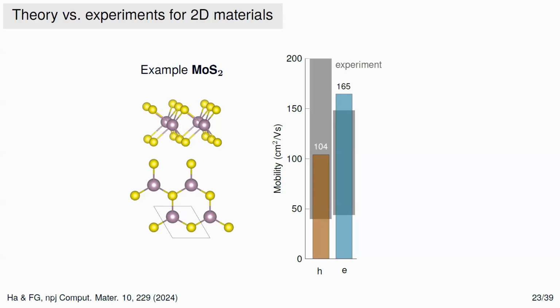So with these benchmarks, the question becomes, okay, now we know that we can calculate mobilities in a reliable way. So what can we do with that? The question from our sponsors and experimental collaborators was, can you identify materials that have a much higher mobility than these values here? And the way to do that is to search through possible materials and calculate the mobility for each of them and see which one wins, all right?